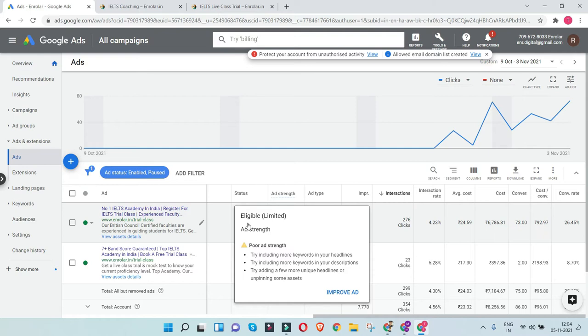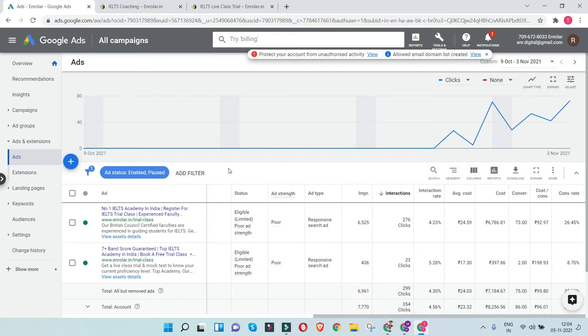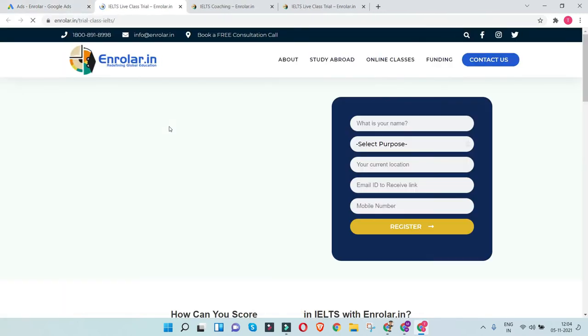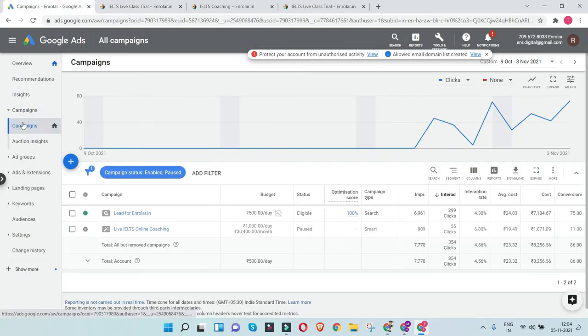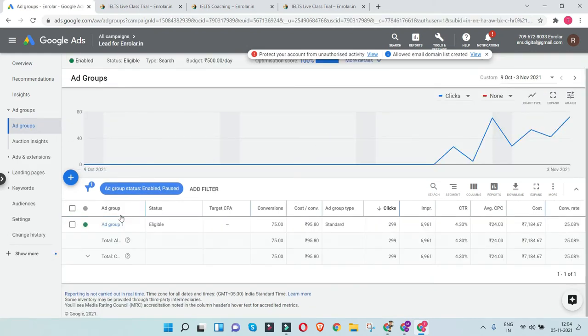We need to alter these ad copies. Now here is a quick way to optimize it further. So the landing page part is done. Now let's come to the copy part of your ads. Now once you have started with your ads, we need to understand that we can create multiple types of headings for any ad. We can create multiple ad copies for the ad that we are having. So let's say this is the ad that we are having right now. Now under campaigns, you can get into this one, and we can look at the ad.